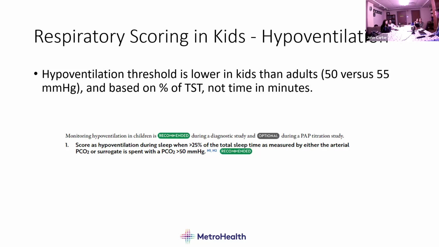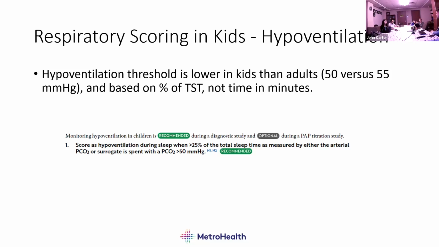But hypoventilation essentially is a problem of inefficient gas exchange, right? There can be several different reasons for that. It could be because you're obstructing, but you can have a totally clear and open airway and still hypoventilate just because you're not getting enough inflation, you're not getting enough air mixing in the alveoli. So your CO2 levels go up. Your oxygen levels may or may not go down, but the high CO2 is kind of a hallmark of hypoventilation.